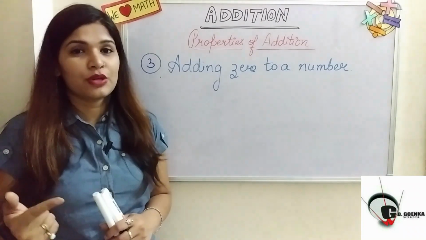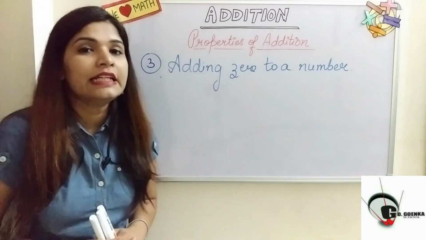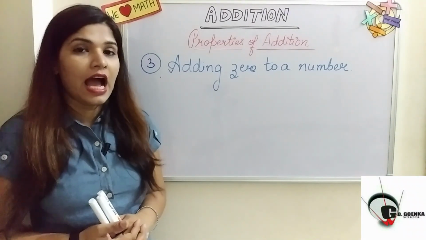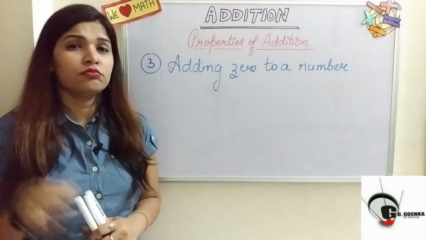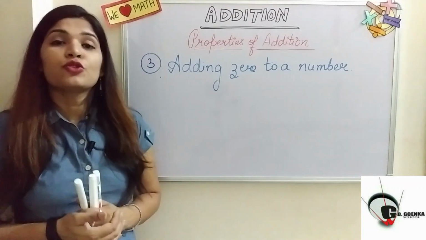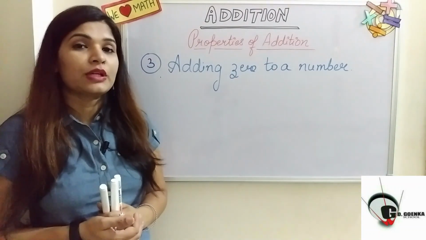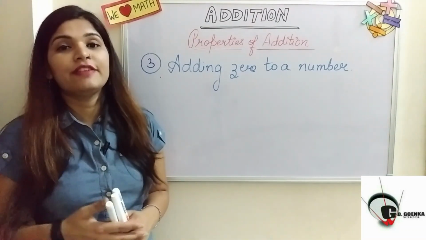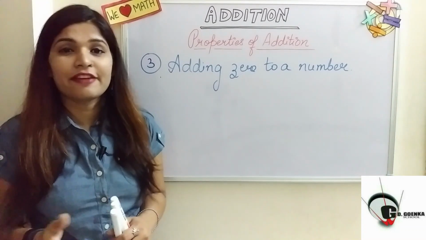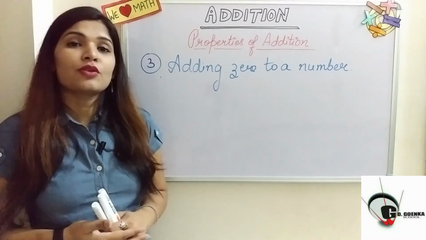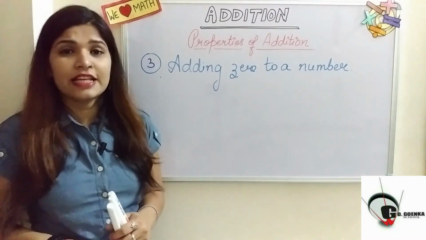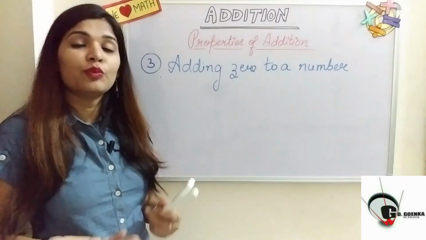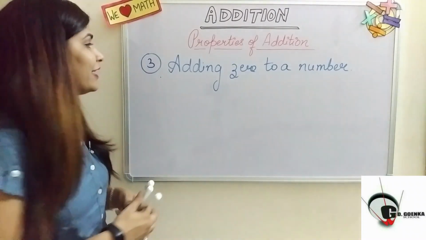Suppose, let us quickly check with a small example. Suppose your mama has given you 5 rupees and your brother has given you nothing, 0. So how much money do you have right now? Yes, you have the same amount, rupees 5. Similarly, if you have 10 chocolates with you and nobody gives you anything more, how many chocolates do you have? Yes, of course 10. So if you add nothing to any number, you will get the same value, the number itself.